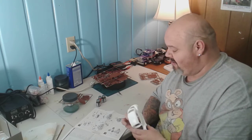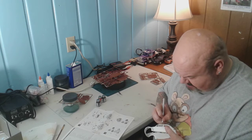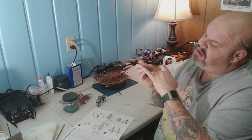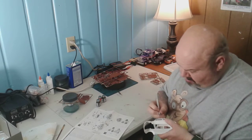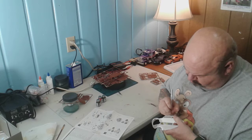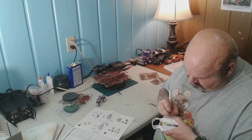What I do is I take my knife like this, and I put on my glasses so I can see where I'm going and don't jump the line. I use the back point of the knife like this, and this is where you really need a sharp blade, a brand new blade. I just run the point backwards like this. I find the groove and very gently get inside the groove, and I just scrape